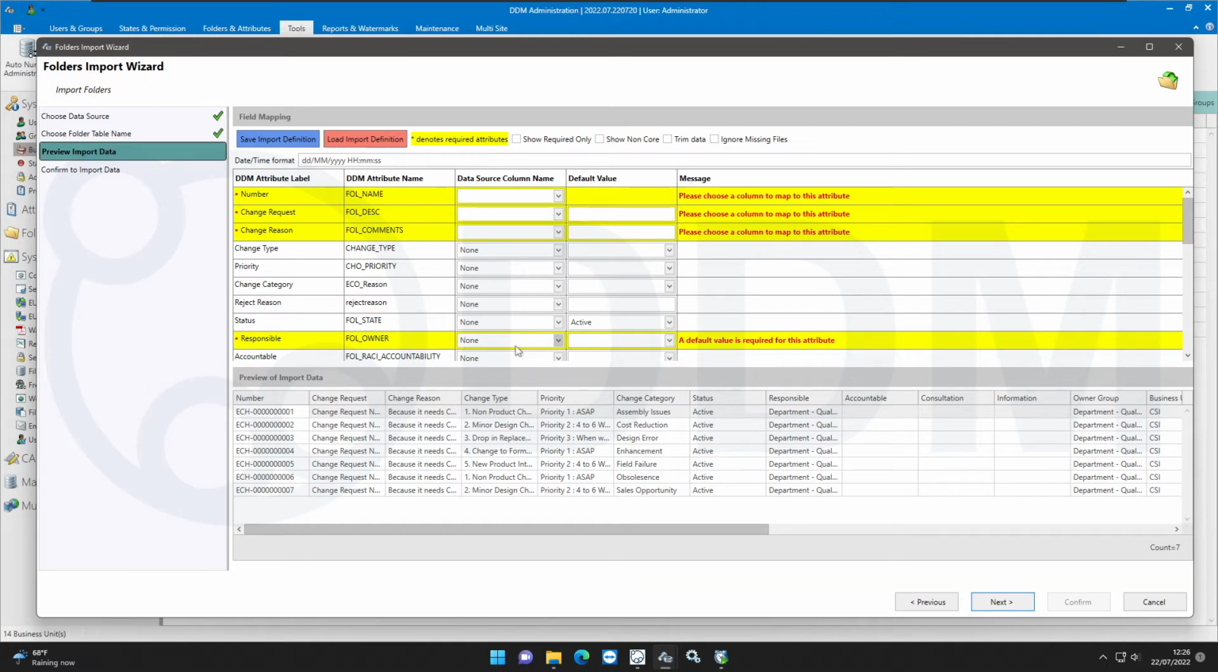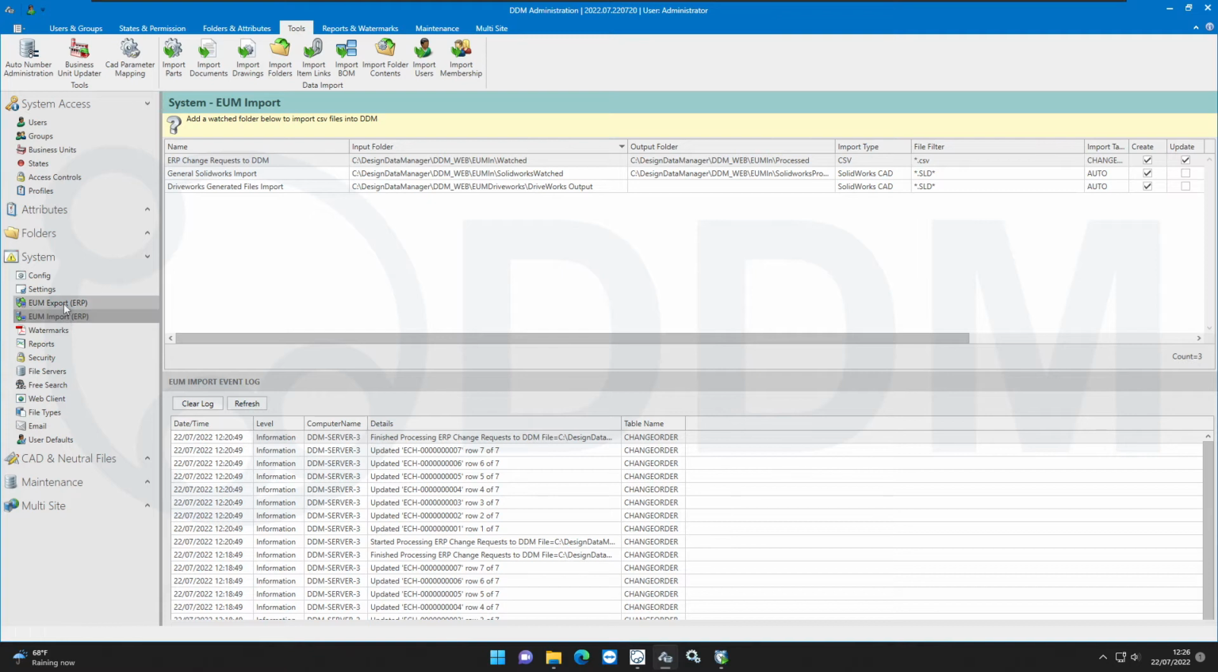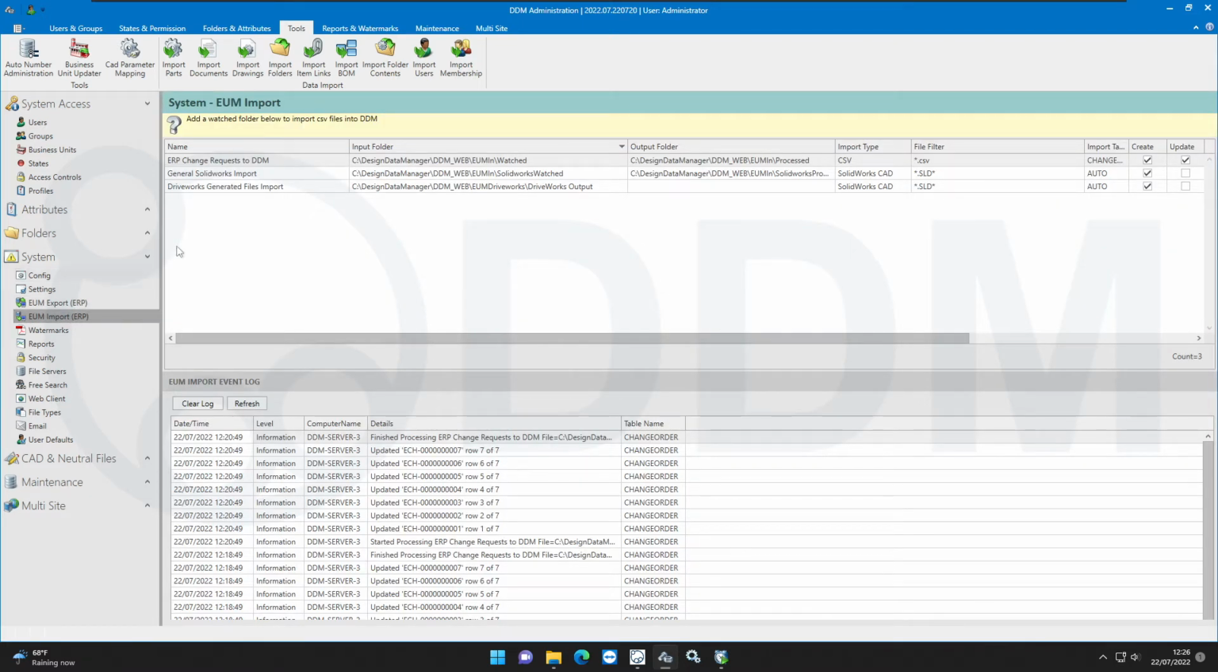Now, I've already done that, so I'm going to cancel this part of the process, and I'm going to go to this new EUM import area. So we've always been able to send information out to other databases such as ERP, and now this import facility. I've got one I've already registered here. To create a new one, you would create an EUM import configuration. So let me open the one I've already created,